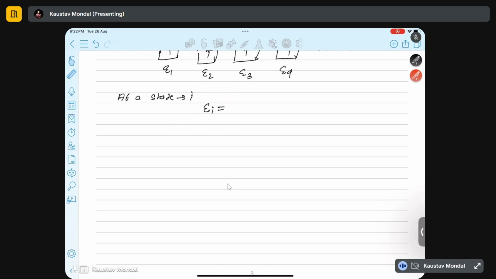So that energy, capital Ei, will consist of the energy of each of the molecules. The total energy of that particular member will be the addition of the energy of individual molecules. So suppose molecule 1 at the ith state has energy Ei1, and molecule 2 at that energy state